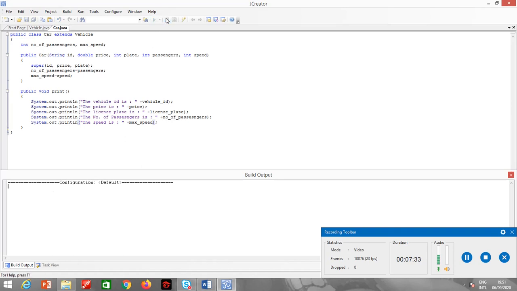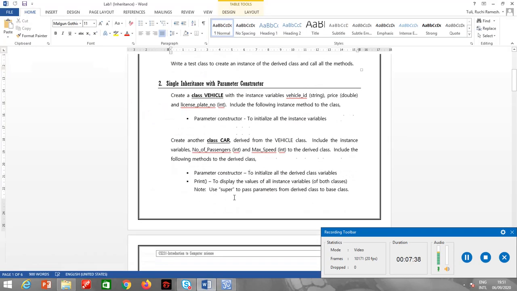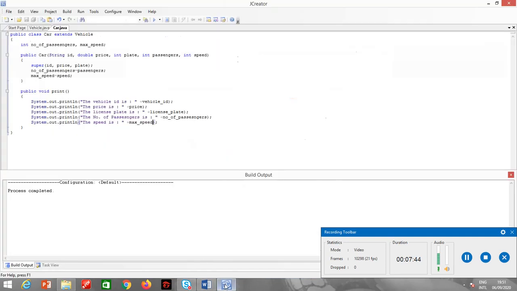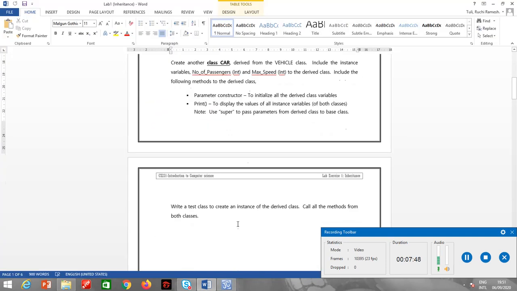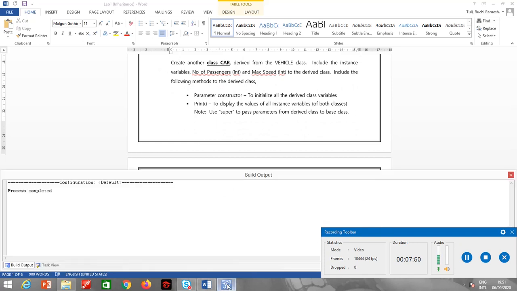So we have to print all the variables, right? Okay, use super to pass the parameters from the derived class to the base class, because our base class has a parameterized constructor. That's why I use the super keyword over here. Write a test class to test all the methods.